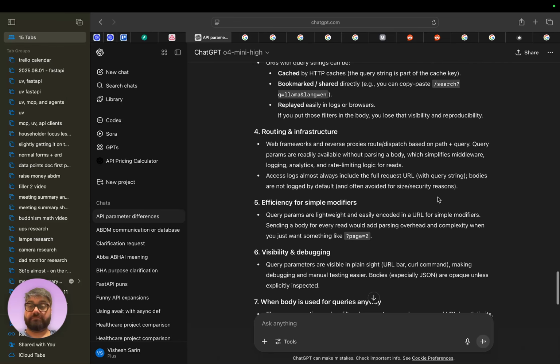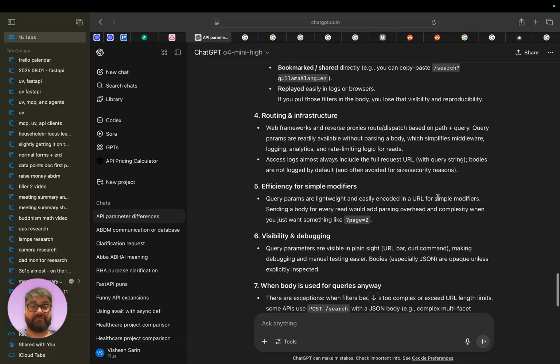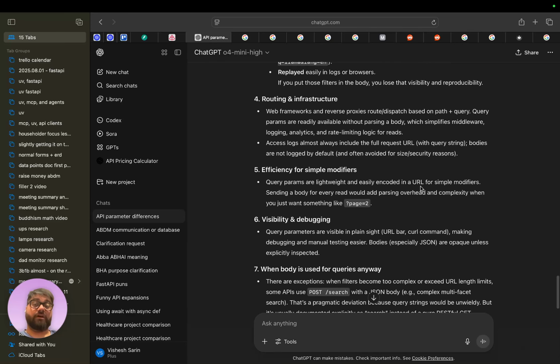So it's better for routing and infrastructure. If you just have a couple of simple key-value pairs, throw them in as query parameters, if it's not huge amounts of data or something sensitive. Go for it.